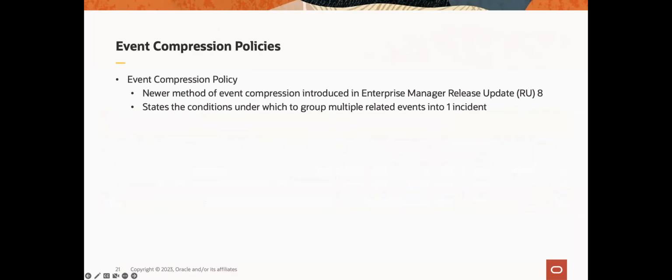Now let's transition to our newest version of event compression. In Enterprise Manager 13.5 RU8, we introduced an enhanced version of event compression called event compression policies. An event compression policy states the conditions to group multiple events into one incident. For example,